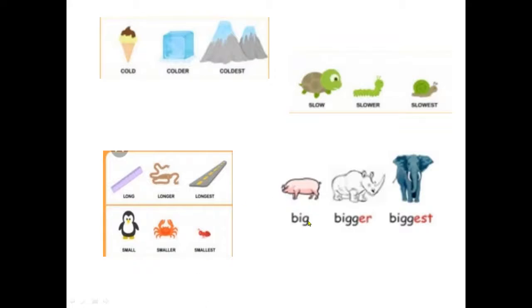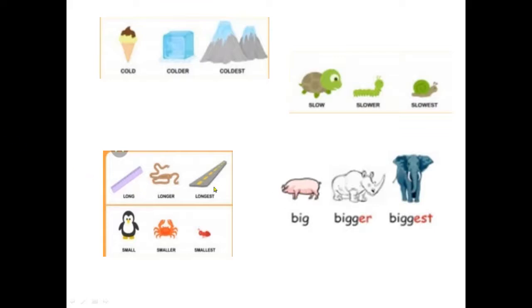Here are some animals. Pig. And these are different in size. This is big, this is bigger and the elephant is biggest. You can see also in the picture. This animal is biggest in comparison with these two. And this one is big, but compared to this, it is a small animal. But we are using big, bigger and biggest because these two are bigger and biggest compared to this animal.